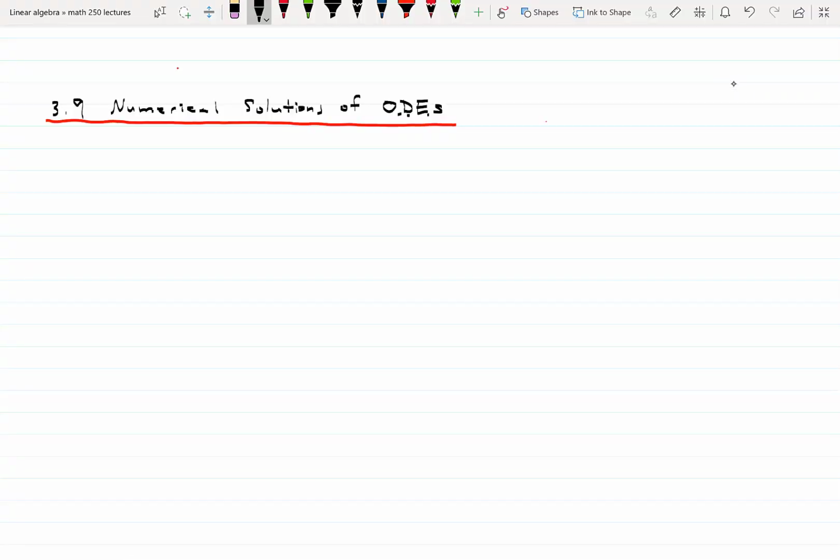Okay, so let's finish up our video segment by taking an introductory look at numerical solutions to ordinary differential equations. While we're only going to be spending very little time on this subject, this is arguably the most important way to solve differential equations in real life applications. In real life applications, there are very few